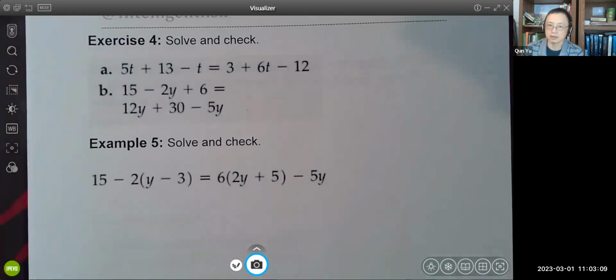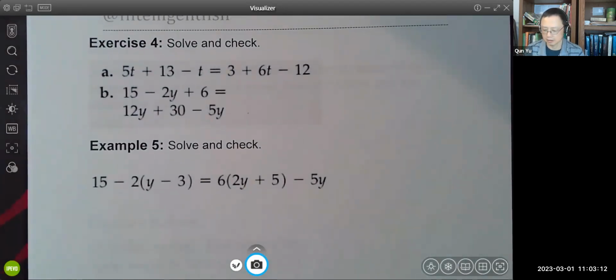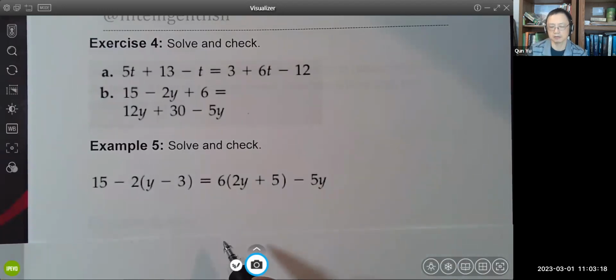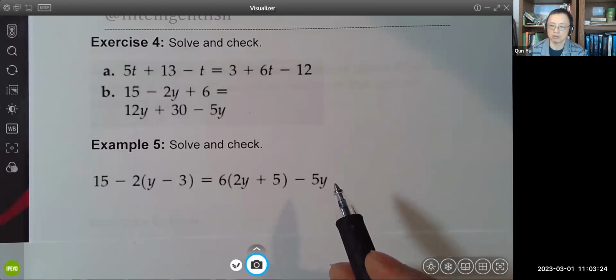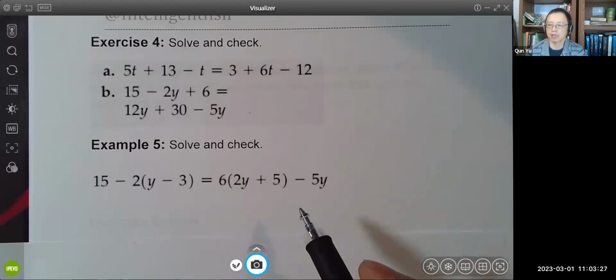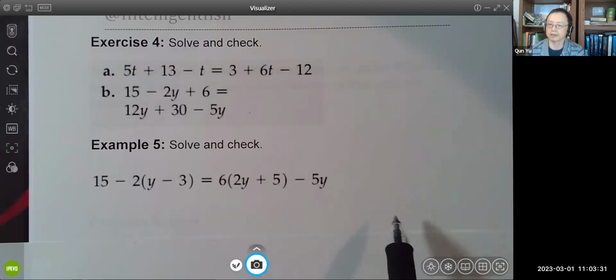And more exercise. This is probably the last example for this objective. Now this one has parentheses. So our goal remains the same. We want to have one variable term on one side by itself. The other side is a number, so that we can divide by the number in front of the variable and